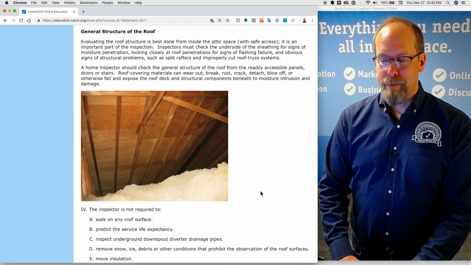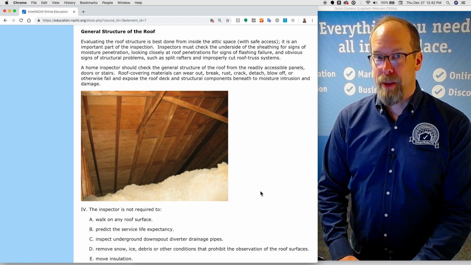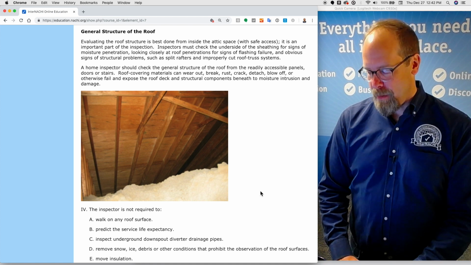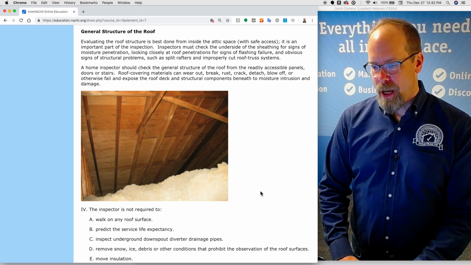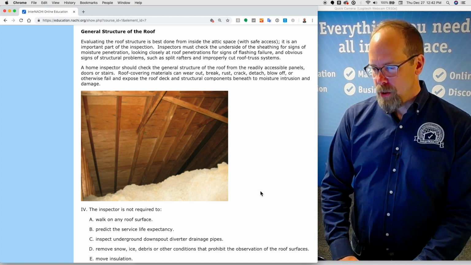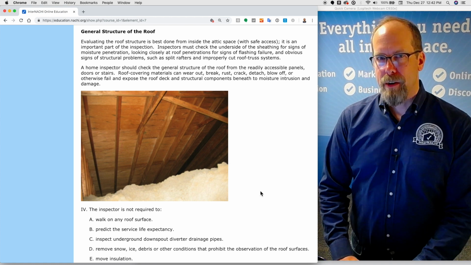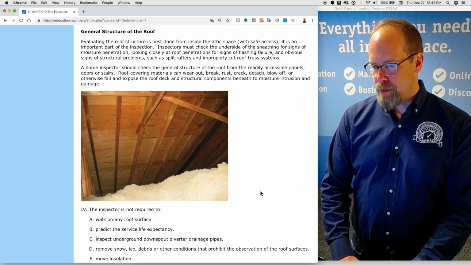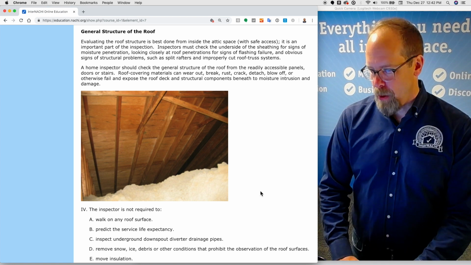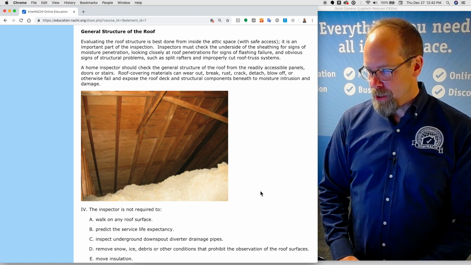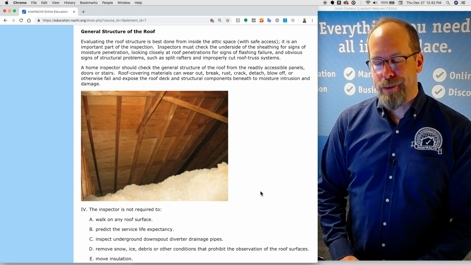General structure of the roof. Inspecting the roof structure is best done from inside the attic space with safe access. It is an important part of the inspection. Inspectors must check the underside of the sheathing for signs of moisture intrusion, looking closely at the roof penetrations we mentioned earlier for signs of flashing failure, and obvious signs of structural problems such as split, cracked rafters, or improperly cut roof truss components. A home inspector should check the general roof structure from readily accessible panels, doors, or stairs,